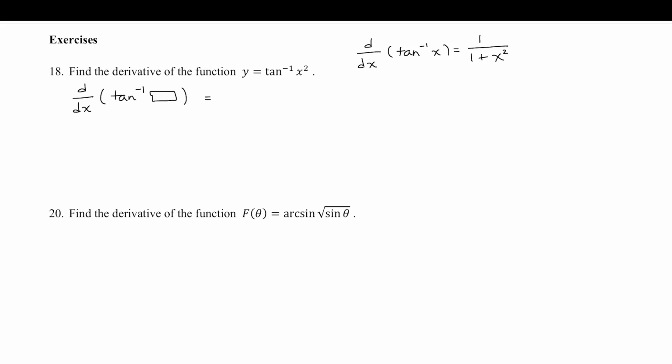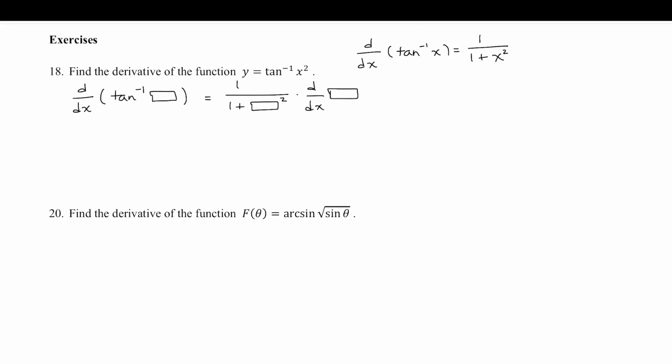When what I have in the argument of the inverse tan function, or what I'm taking the derivative of, is not just the inverse tan of x, but the inverse tan of something more than x, a function of x, then that derivative using the chain rule is going to be 1 plus whatever that argument is squared, using the basic rule, but then I have to times by the derivative of whatever that argument function is with respect to x. Or maybe you like this notation a little bit better, times the derivative with respect to x of